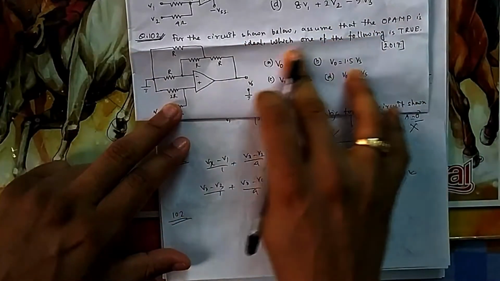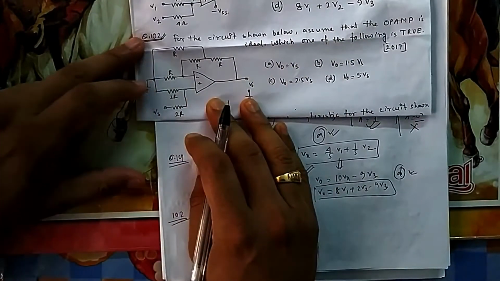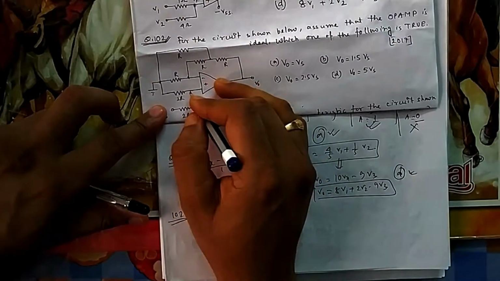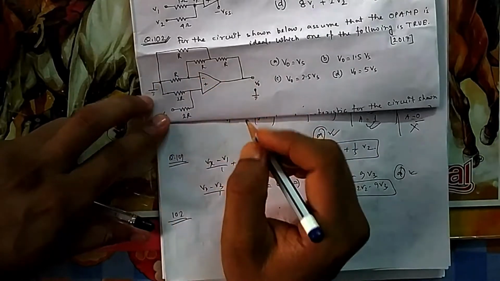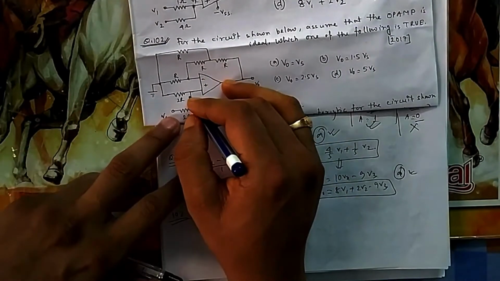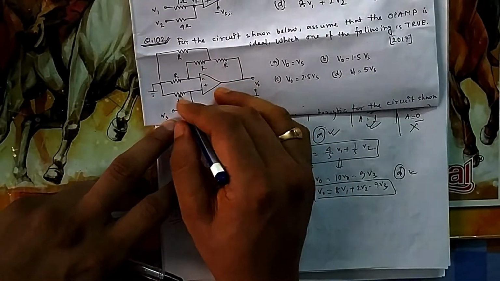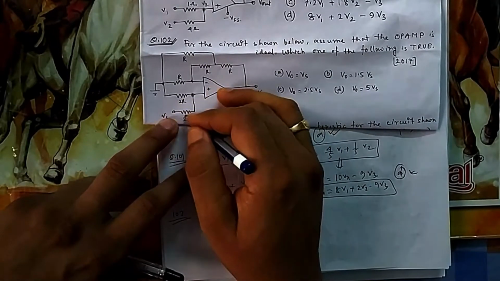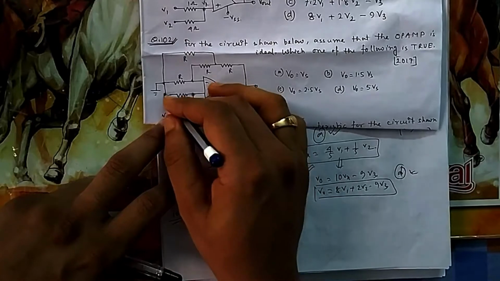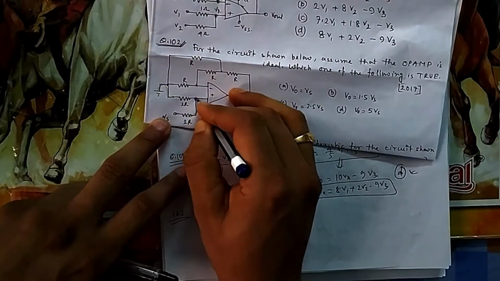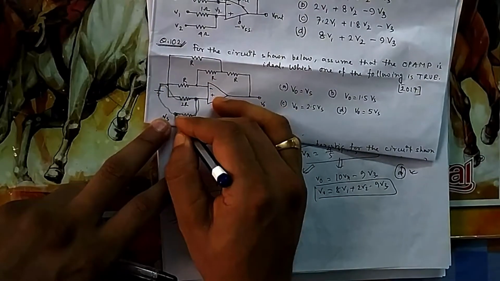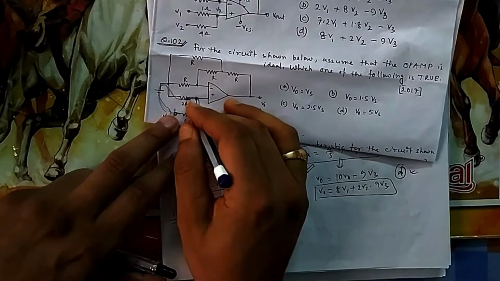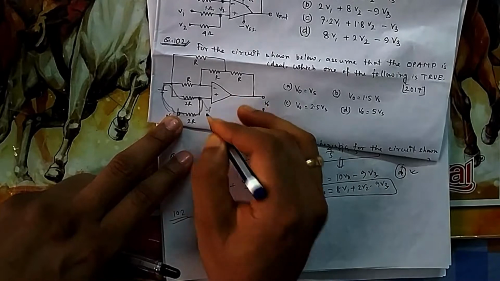The circuit shown below, assume op-amp ideal, which of the following is true? So again what you will do, this potential is already connected to ground, so this is also connected to ground, all these are grounded. Because current can flow in this direction, you don't know what will be the potential of this one. You can see it is half of this one, because this is a grounding path. You see this path, this is a path where this voltage, this is plus minus. So this voltage is divided into two resistors. So now you can say what this voltage is.